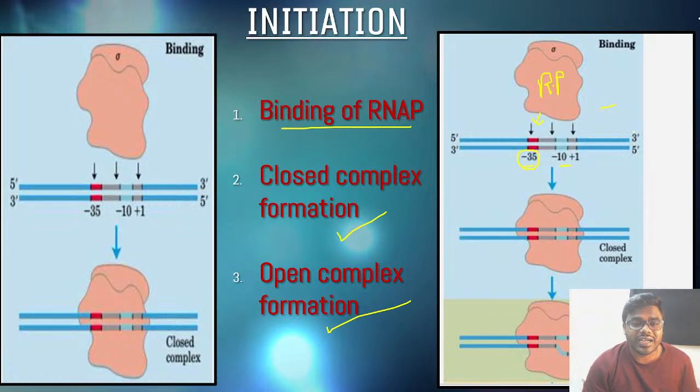How can it attach that tightly, friends? Of course, with the help of this sigma factor only. Friends, this is exactly what is called closed complex formation. Kindly do not forget this point. Now friends, the question is very clear. Does every one of you understand what I am talking about? This RNA polymerase enzyme has to move from where to where? It has to move from